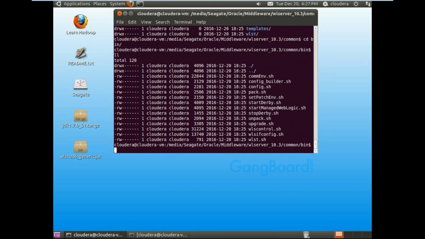We will execute config.sh from this location, in Oracle middleware WebLogic server. This is the path of the WebLogic server home, common, bin. I will execute ./config.sh.